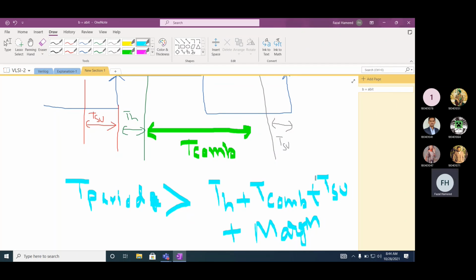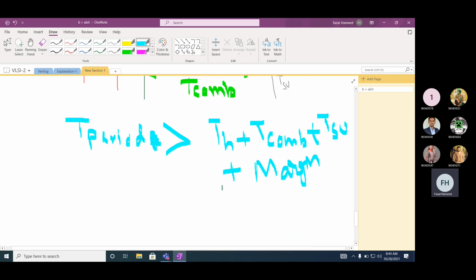Maybe the delay of one AND gate is 1.8 nanoseconds, and the same AND gate fabricated at another place may be 1.9 nanoseconds. So that's the reason you need to put some margin. If, as a designer, you do not put that margin, you may violate the functionality. So the clock period should be greater than T plus the margin. For this greater-than, I am replacing it with the equal sign because I have now added a margin.